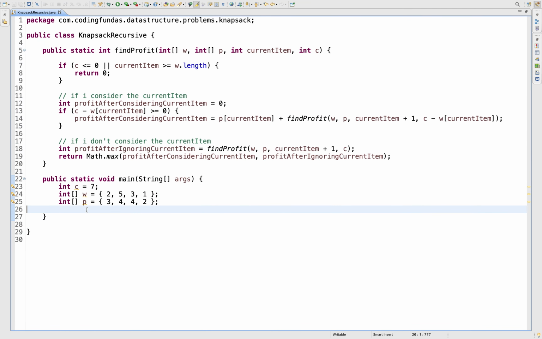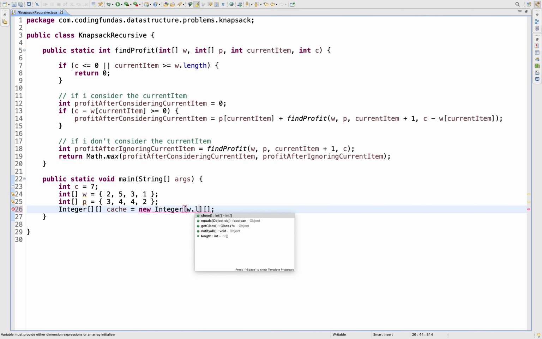So here we can take a two-dimensional array to store by capacity and index. I'll say integer cache, because it will be used as a cache, so I named it cache, and the length is the total number of items, and then we have capacity plus 1.